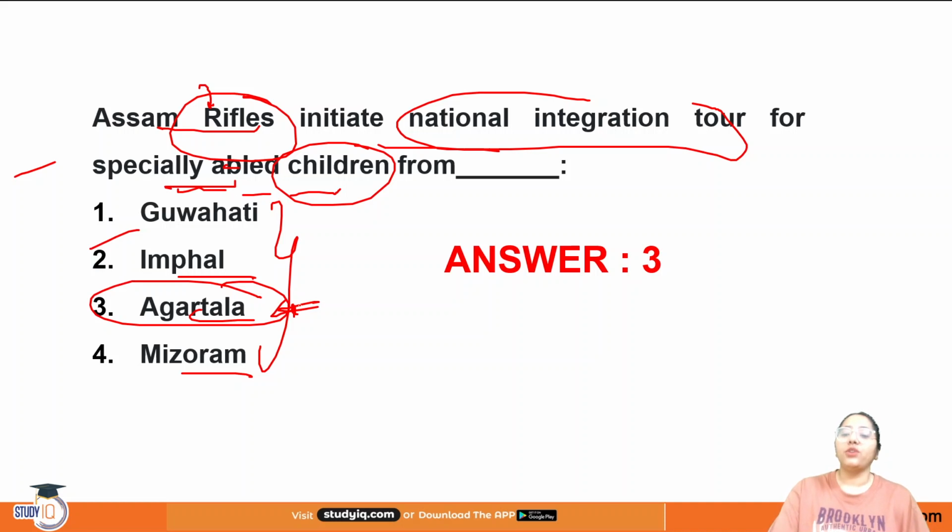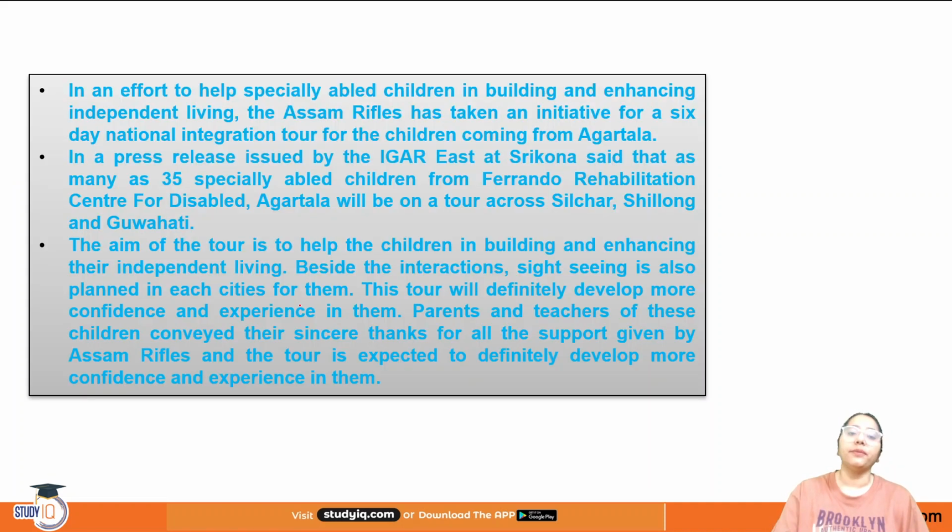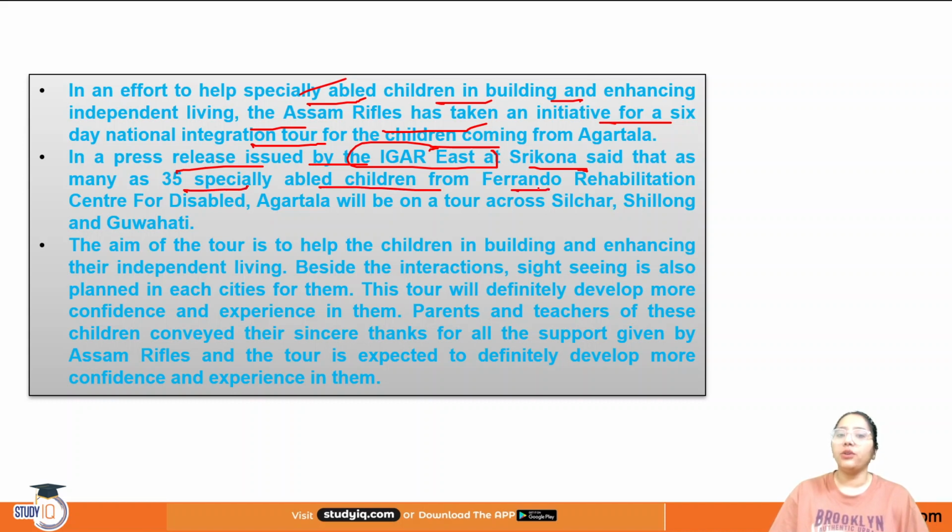This National Integration Tour will be started for the specially abled children. So in an effort to help the specially abled children in building and enhancing their independent living, Assam Rifles has taken this initiative. This will be a 6-day National Integration Tour for the children coming from Agartala. In a press release issued by the IGAR East at Sirikona, it is clearly said that 35 specially abled children from the Ferrando Rehabilitation Center for Disabled, Agartala will be on a tour across Silchar, Shillong and Guwahati. So the areas of Assam will be covered in this tour and 35 children will be the participants,